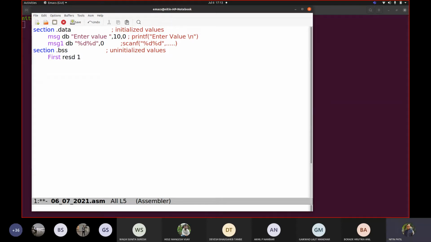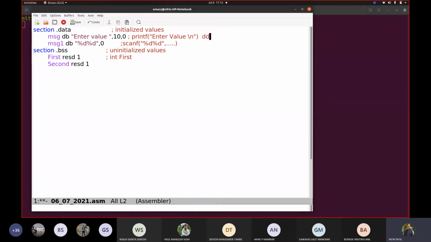So reserve double 1 means what? You are actually writing it like this: integer first. Similarly, you will write here second resd 1. The way that we have db, there are other things too. Db means define byte.